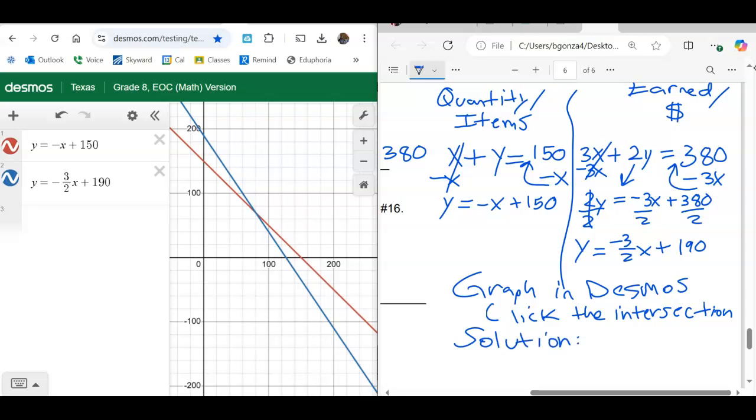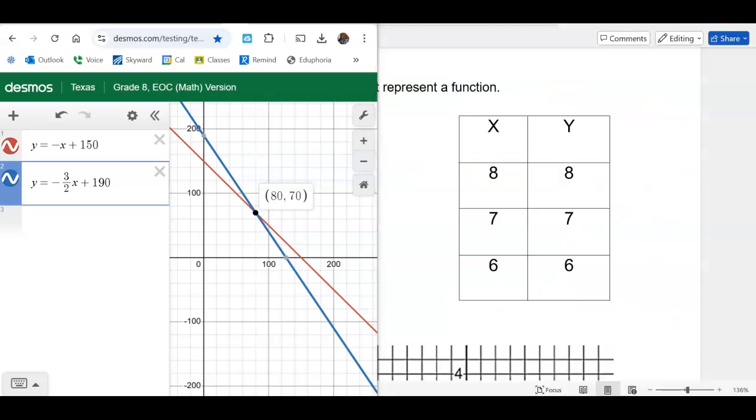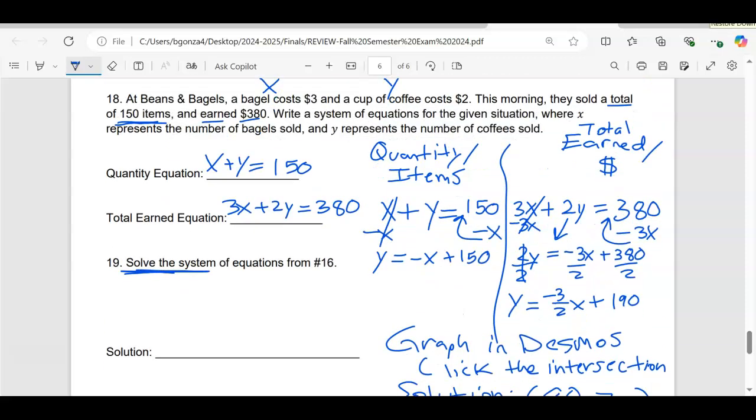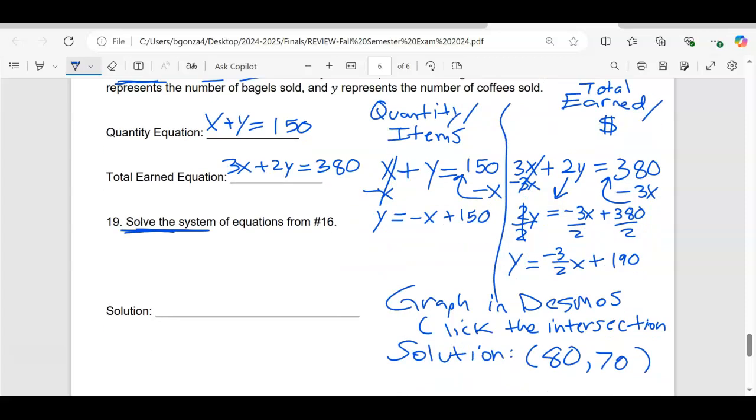And your solution, when you click it, is 80, 70. Now, that's not enough. I have to interpret what 80, 70 means. Well, remember, we said x at the top was bagels, right? So 80 bagels and then 70 cups of coffee. All right, and that's it. Go ahead and make sure you